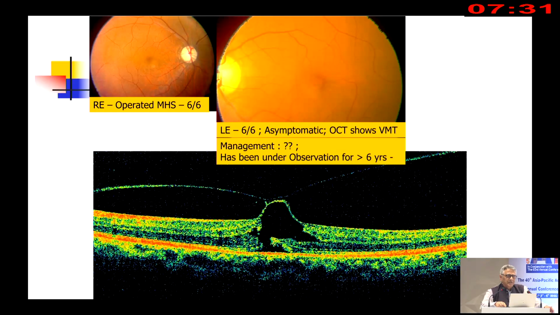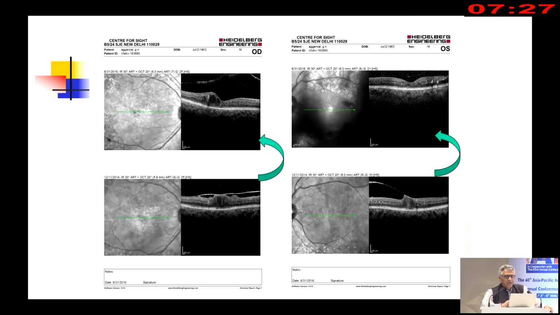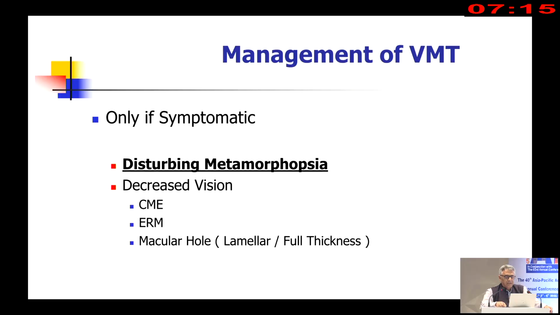A lot of young colleagues today want to remove all the membranes, but I think we should hold our hands. This is one patient who was under follow-up. You see, there is a VMT here, there is a tenting of retina here, but in its natural course, this got separated, and patient has resolution of symptoms and near vision also came back. So management should only be done if patient actually begs for surgery. Begs for surgery means patient is disturbed in his day-to-day life with metamorphopsia.